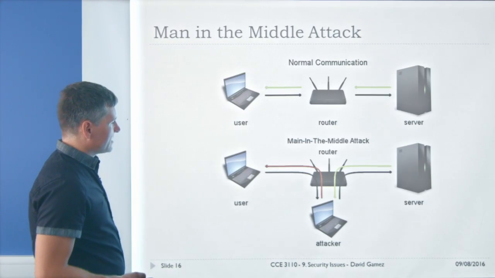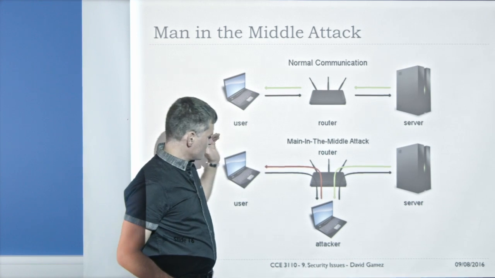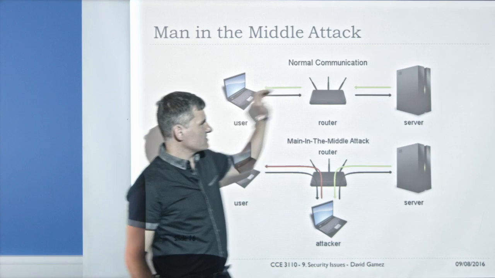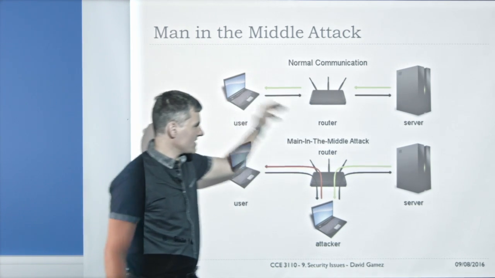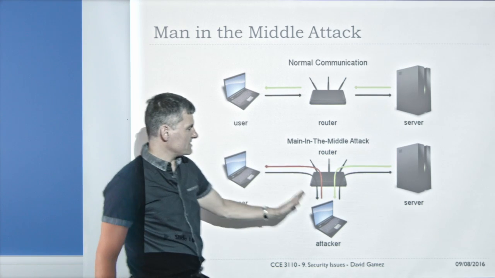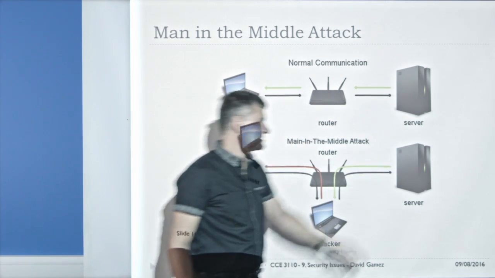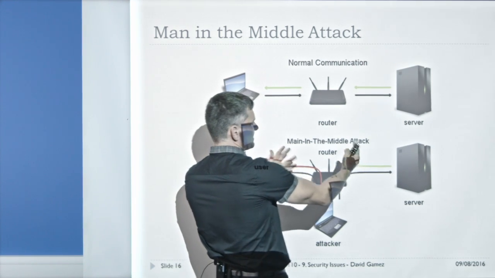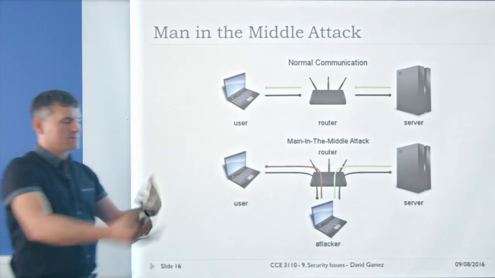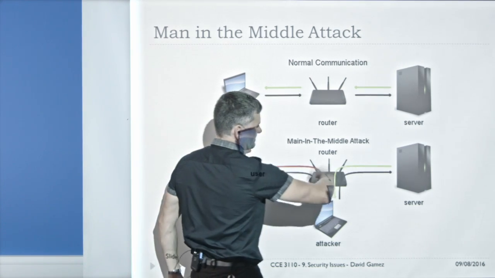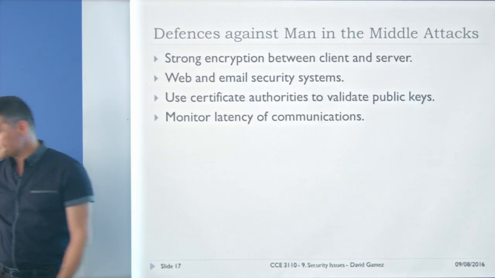So in some scenarios, the user will use a public key to talk to the server, and then they might use the same public key to talk to the attacker instead, but then this attacker can use a different public key to talk to the server. And if we're only allowing public keys that are specially allowed or certified public keys, then he won't be able to generate his own one and use it to talk to the server.